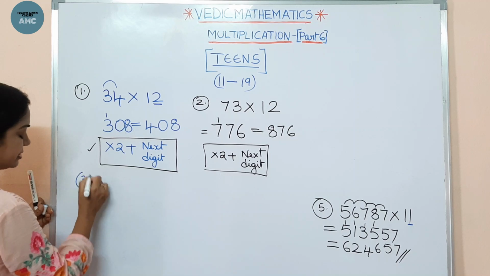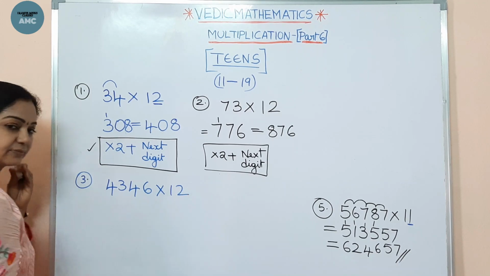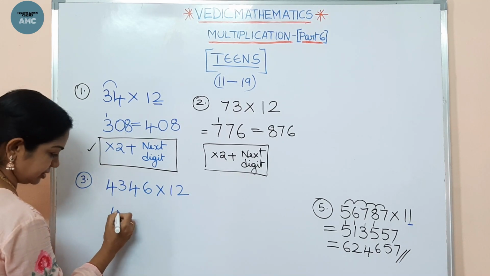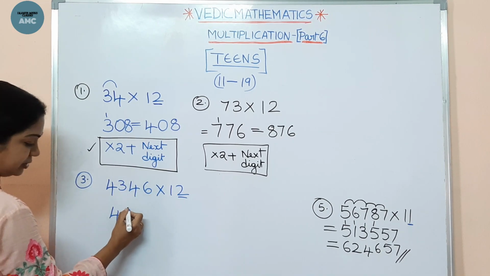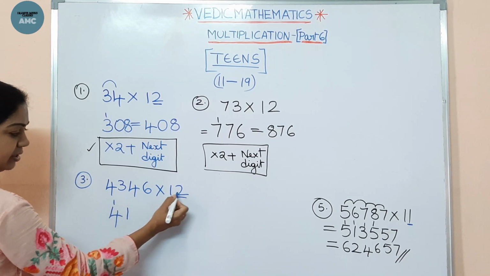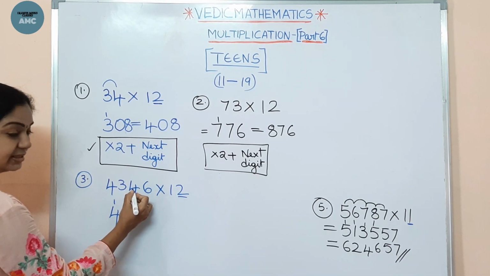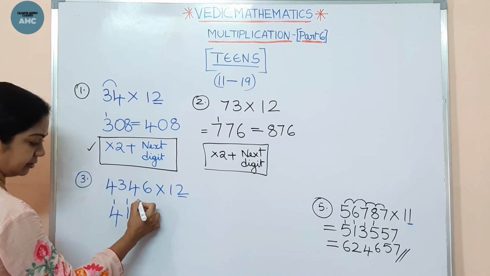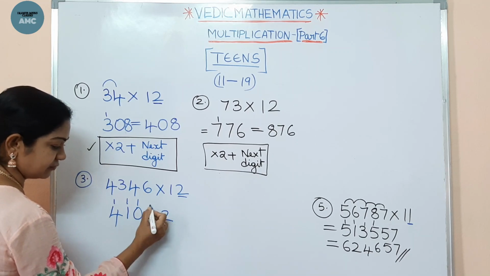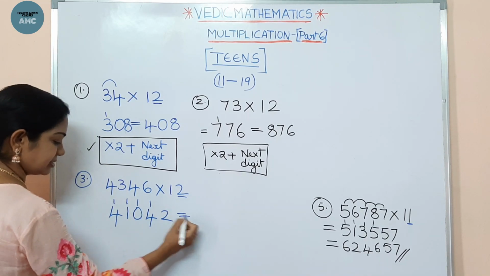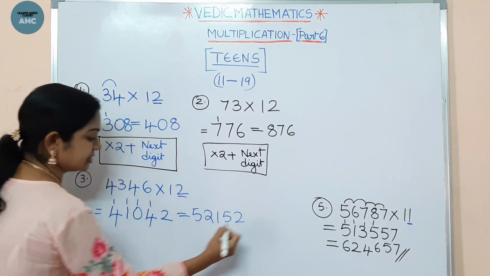Okay, now let me take another example. A 4-digit number. Right, let us start. Now the first number as it is, right? Now what we have to multiply with 2? 4 2s are 8. 8 plus 3, it comes to 11. So drop 1, carry 1. Now 3 2s are 6. 6 plus 4, 10. 0 and 1. 4 2s are 8. 8 plus 6, 14. Here 6 2s are 12. 12 plus, there is no other number, isn't it? So 12. So this is not the final answer. Then add it and write down, 5 2 1 5 2 is the answer.